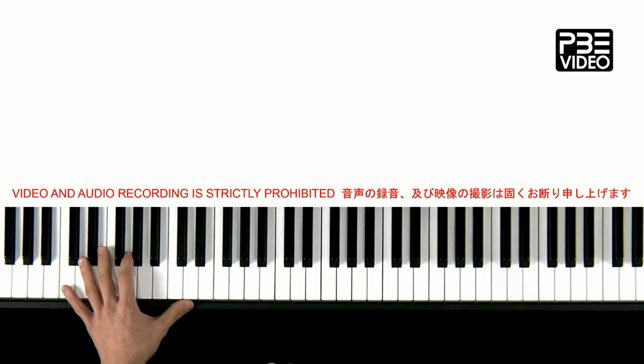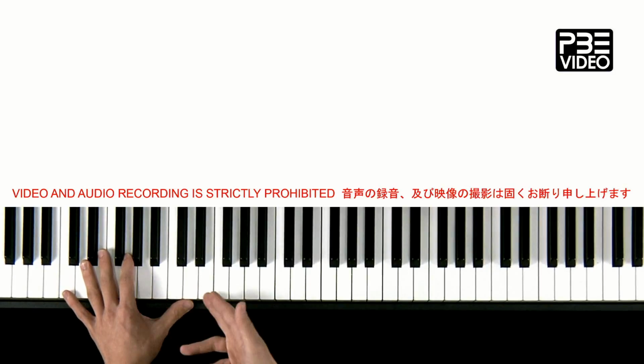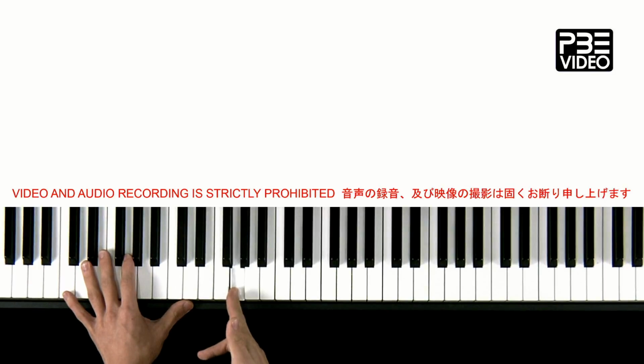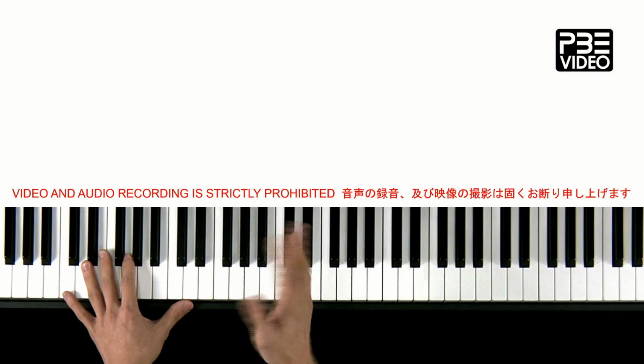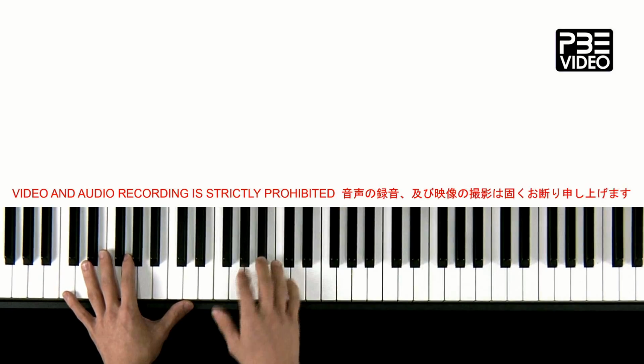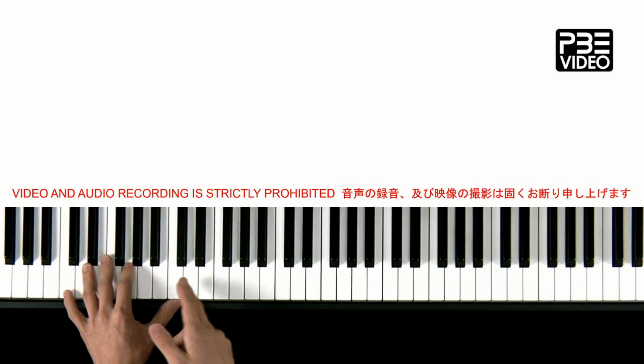Now you can also expand on this. Instead of doing 1 and 3, you can do 1 and 5. This is all in your book. I suggest that if you're not flipping to your book, you may want to do so right now. This is in example B. So instead of doing 1 and 3,